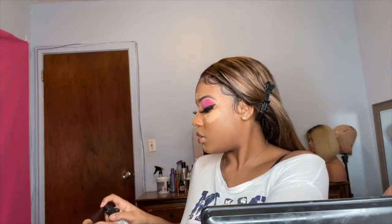Okay, so we're gonna go in with the medium beige to give definition. So this is gonna be our highlighter. Put that on the bridge of my nose, slim as possible for that snatch look. And then I'm gonna spray this with some of my dewy